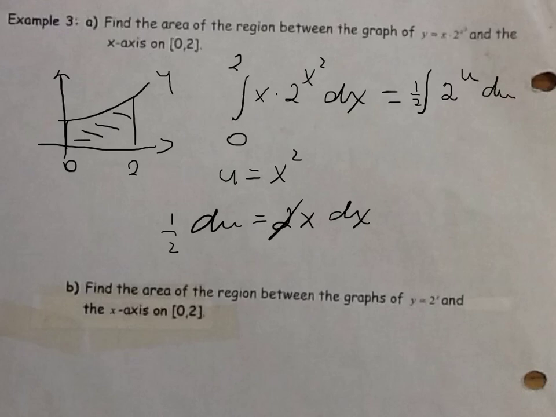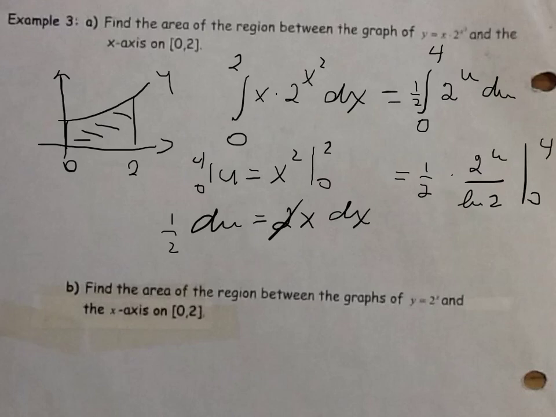And let's change the limits of integration. So when x changes from 0 to 2, u changes from 0 to 4. So this integral is going to be from 0 to 4. And we're looking at 1/2 times 2 to the u over ln of 2 on the interval from 0 to 4. Plug in the top number minus the bottom should give us the answer, right? So 1/2 ln 2 we can factor, and then it's 2 to the 4th minus 2 to the 0,